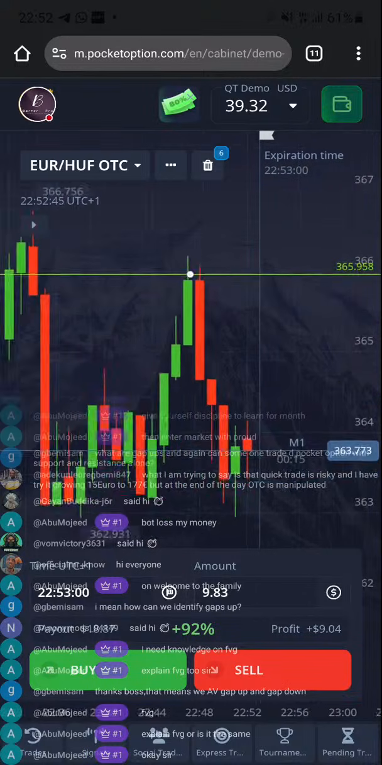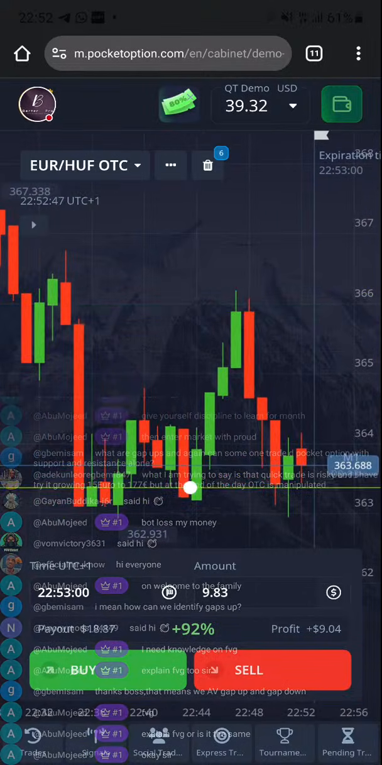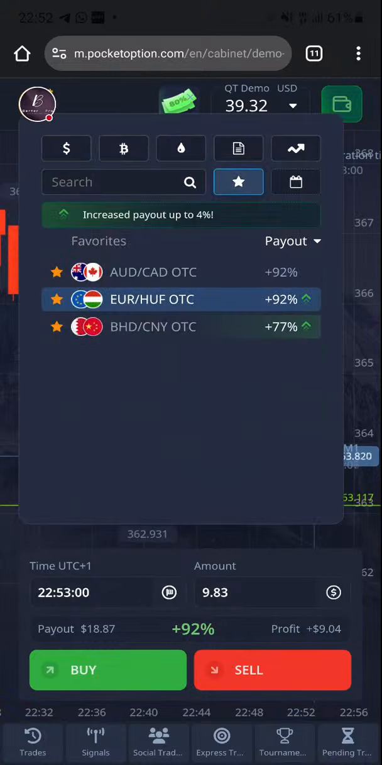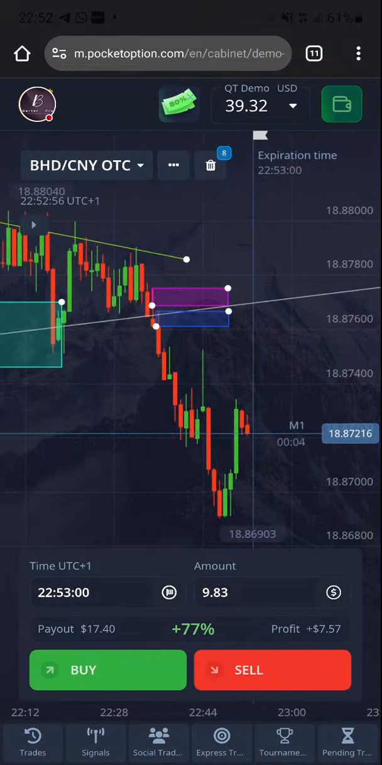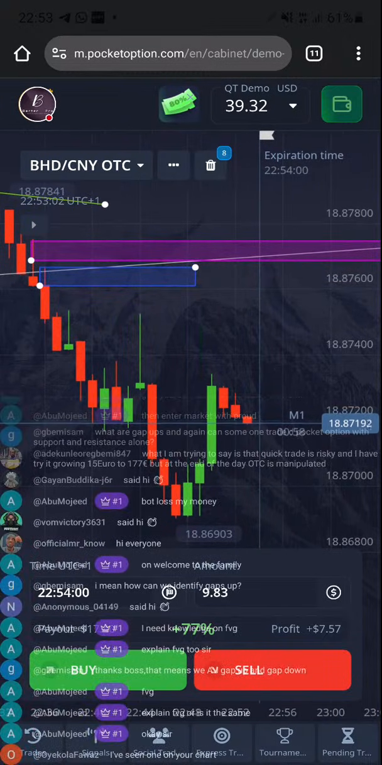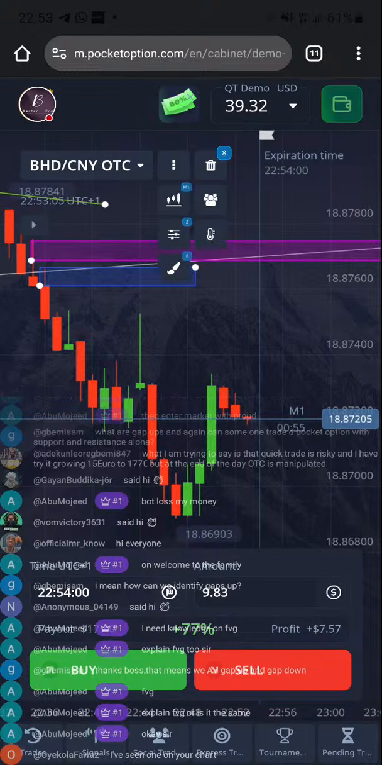Let me look. Oh, this might be a good one. Oh no. This is not a breakout. I wish it was a breakout, but no problem. We still have our entry here. We're still going to take the trade. This is a nice